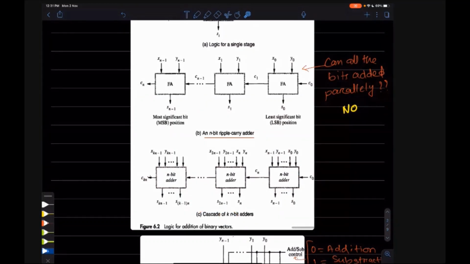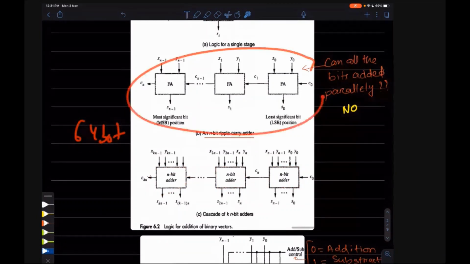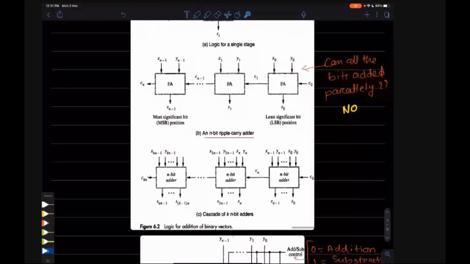Understood? So if we cascade this n-bit adder, we will get bigger number addition. If there is a 64-bit number and this is an 8-bit carry ripple adder, then we can add 8-bit carry ripple adder, 8-bit carry ripple adder, dot. How many do we need?